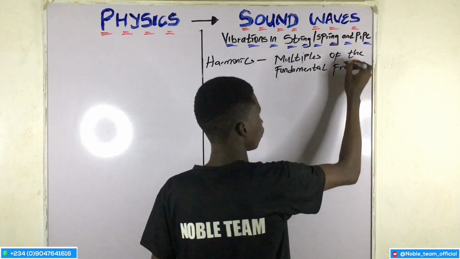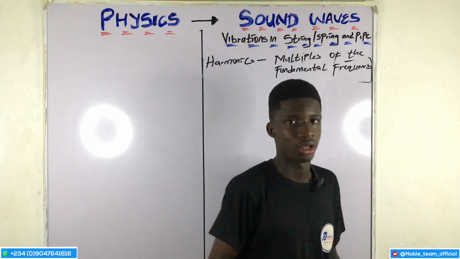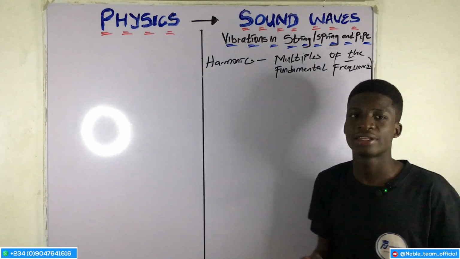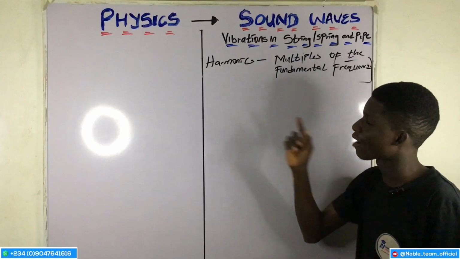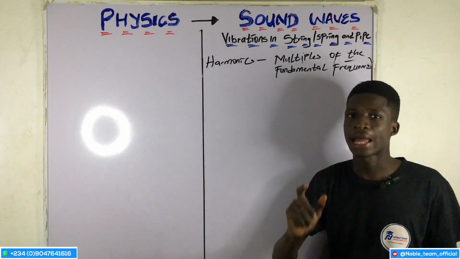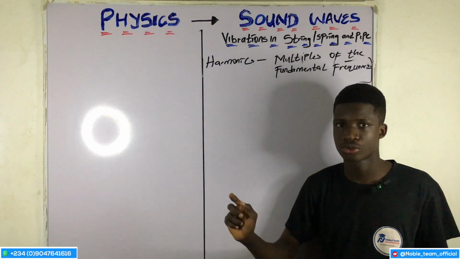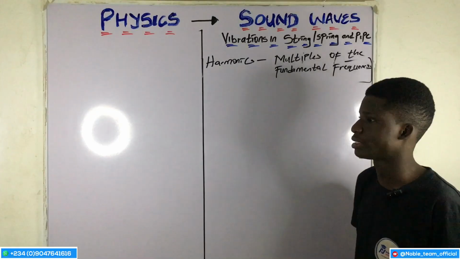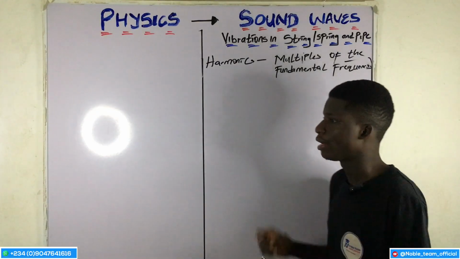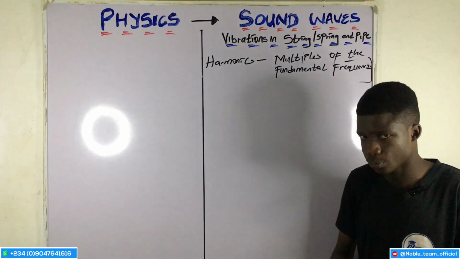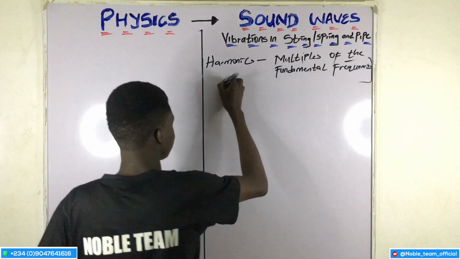I hope you can see this. Do you understand why I just explained that harmonics are frequencies that are multiples of the fundamental frequency? Now, what am I trying to say in essence? Before that, take notes